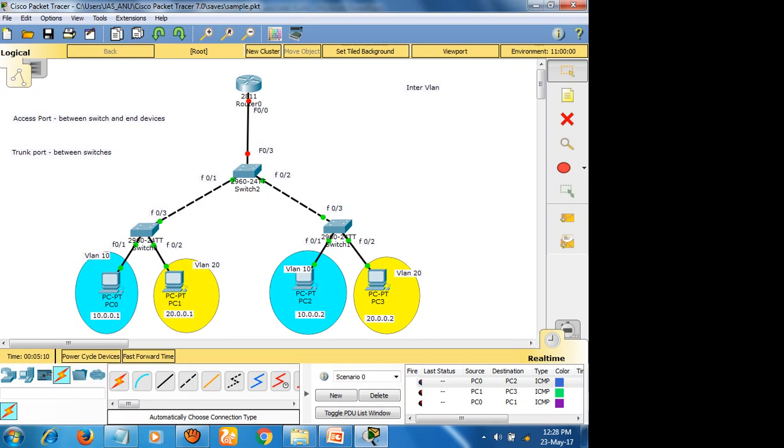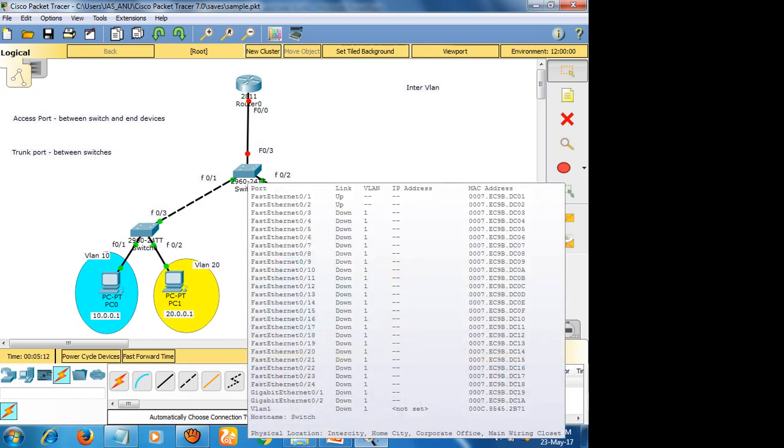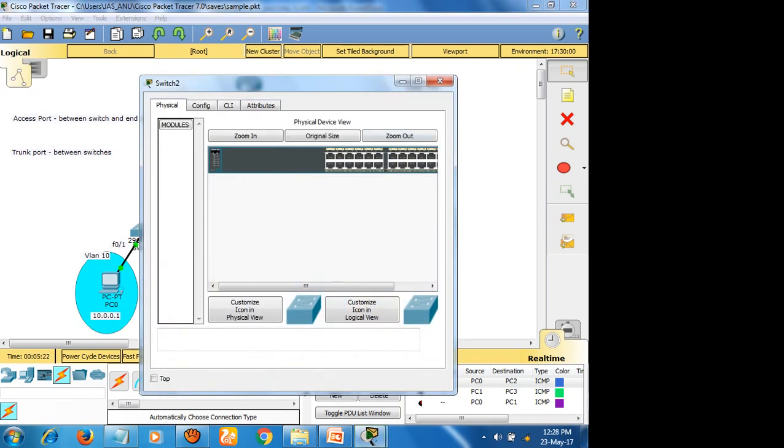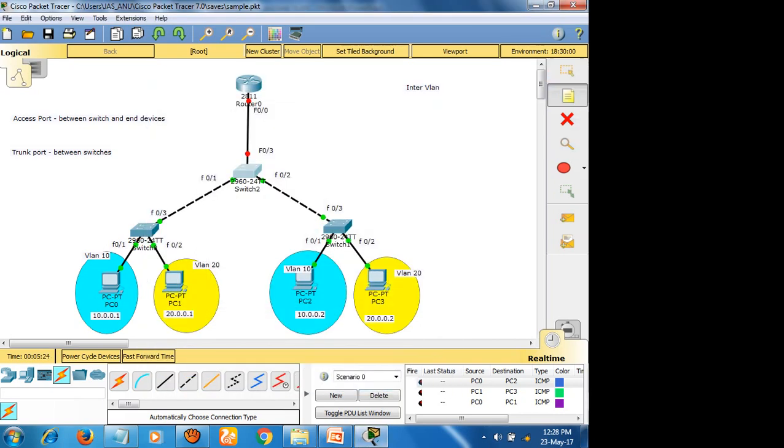Before that, I'm going to switch 2 again, because look at this, the F0/3 also should be a trunk interface. Look at here, this is trunk, this is trunk and this is also a trunk interface.